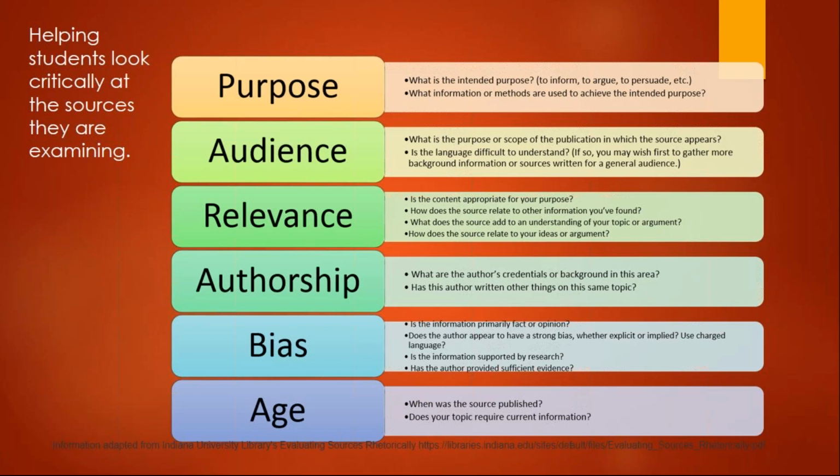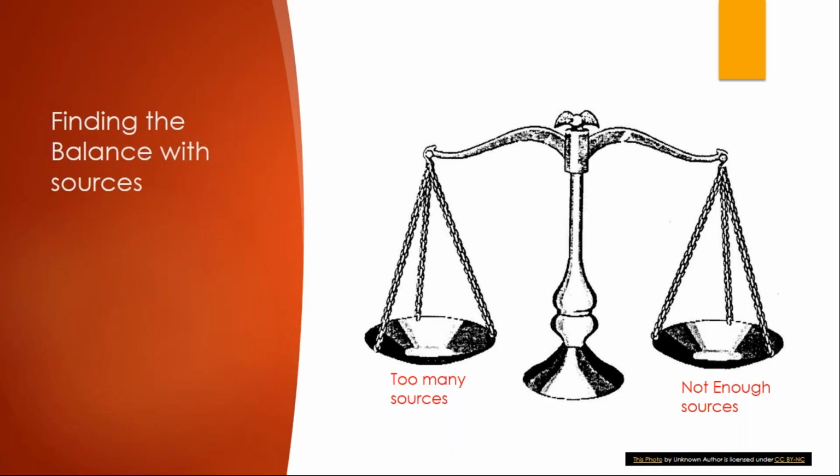So there's a great article on the C3 Teachers blog. If you've never checked out the C3 Teachers blog, it's definitely an excellent resource. It's by Carly, I think it's Muertes, and it was written on February 14th of this year. The title is Swimming in Sources and Selecting Sources to Propel Inquiry. We always have to find this balance of giving our kids the right amount of sources. We don't want to give them too many, and we don't want to give them so few that they can't find the evidence to support the position we want.